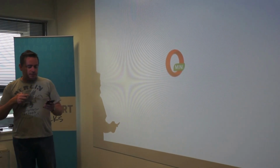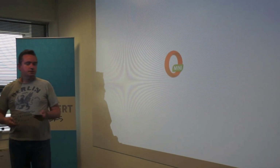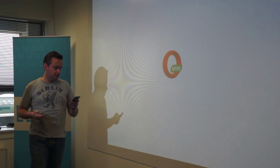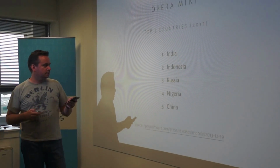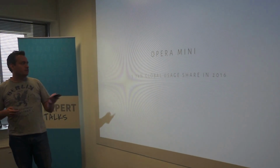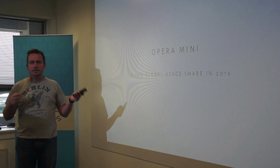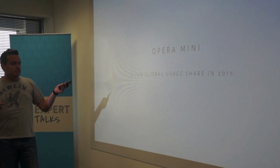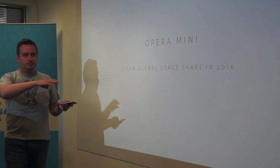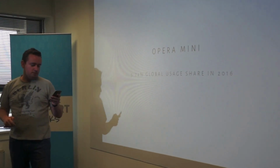Opera Mini is actually very popular in countries like Indonesia or Nigeria or Philippines, where data plans are more expensive. This data is a bit outdated. It's no longer 5.74% of global user share. It dropped to 2.9, I think. But still, this is global user share. This is not just a share of mobile browsers. This is a share of all browsers there is. And 5.7% was